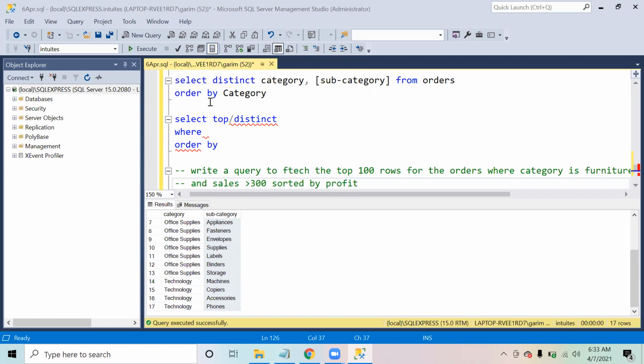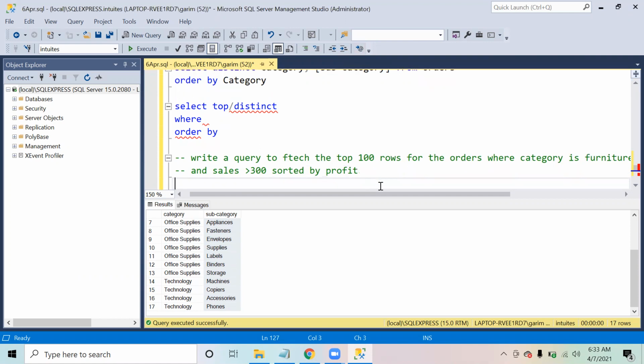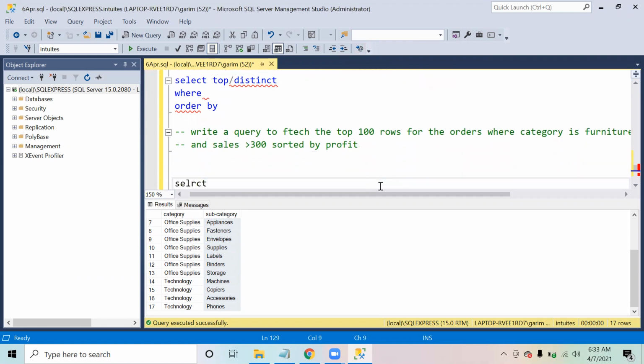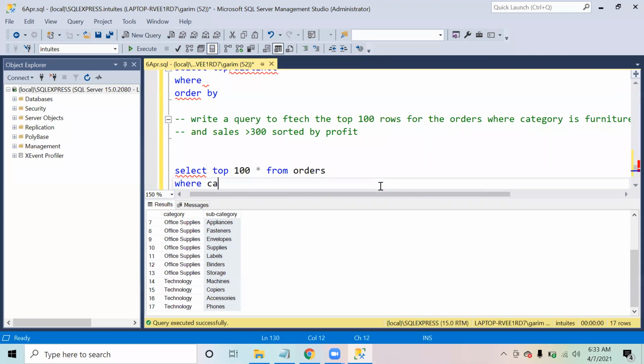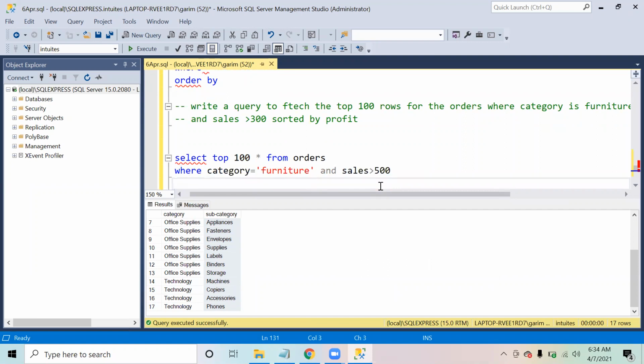Furniture. Okay, so Radhika, you have written it and it is correct. So how I will go about it right now is I will say select top 100 star from orders where category equals furniture and sales is greater than 500. Order by